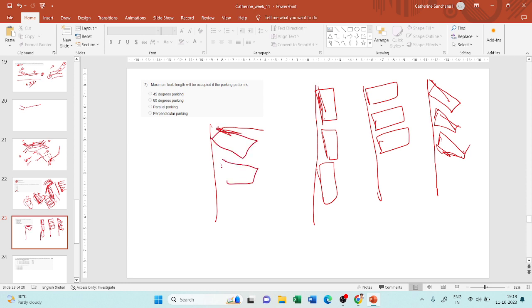Okay, kind of more than 45 and less than 90. Okay, pardon my drawing skills. So which one will you occupy? Which one will you think will occupy more